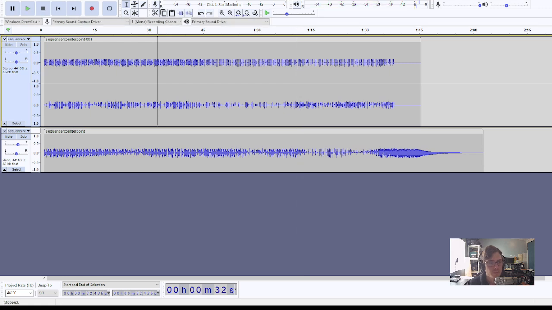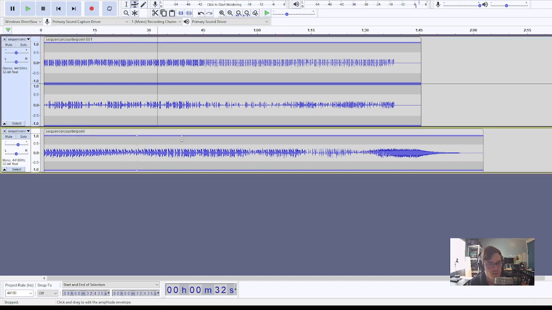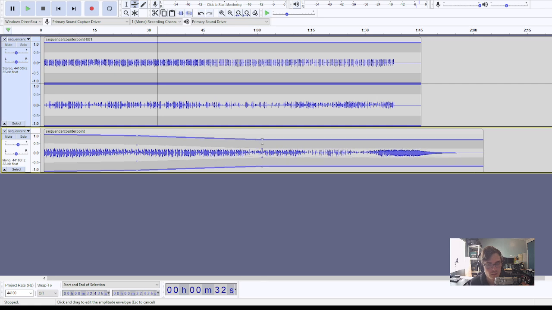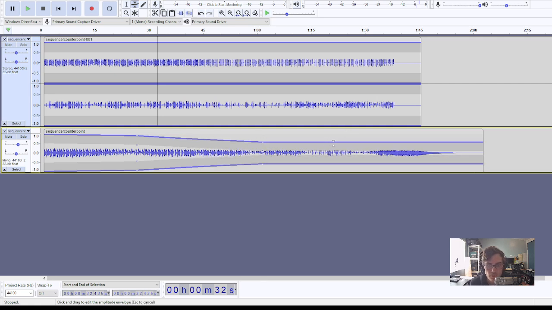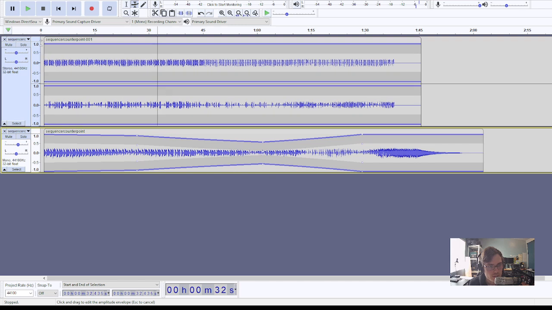So first we're going to stop it and grab our envelope tool, of course. And I'm just going to make some simple lines, right? So it's going to be for about 30 seconds. It's going to slowly go down a little bit. And then around here, it's really going to go down and really give some space for the stuff on the outside. But for this final gesture, I want it to quickly come back. So let's just try something like this. And then we'll make this reflect that, right? A little bit. Don't have to go too crazy, but